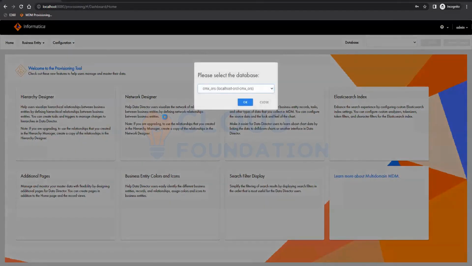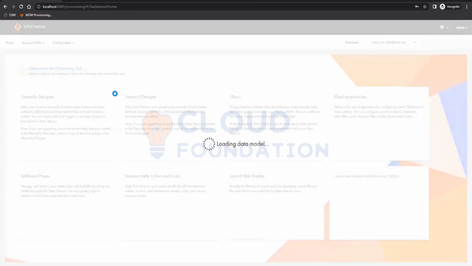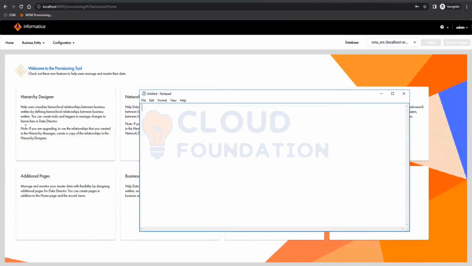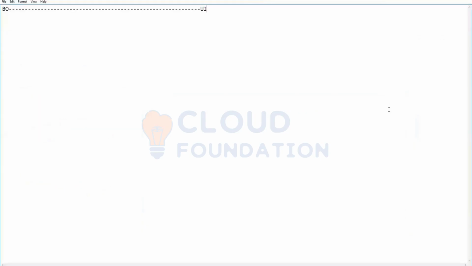For the provisioning tool, we stated that it is utilized to create the UI and all, for the users to go ahead and manipulate the data or to create new data. Those are the reasons why this provisioning tool is utilized. Before going into the provisioning tool, let's look at how the data flow will be, because now we know how our data has moved till the end. Now, how will the data be coming from the UI to the UI for the users? If I would say